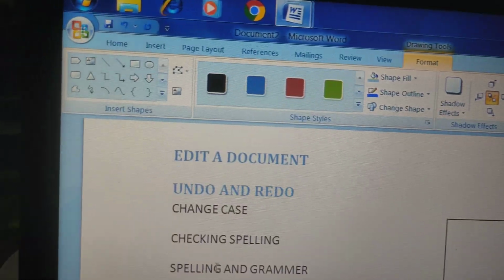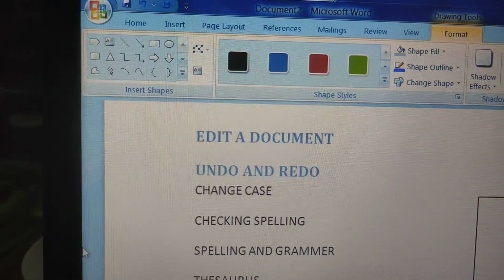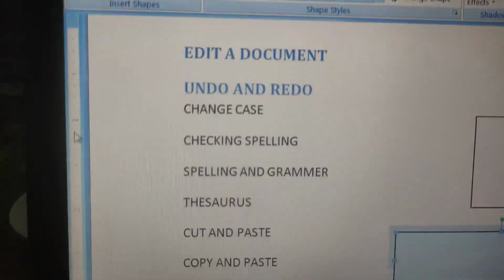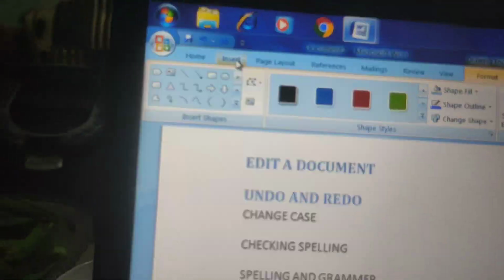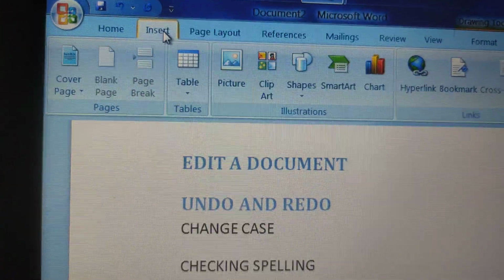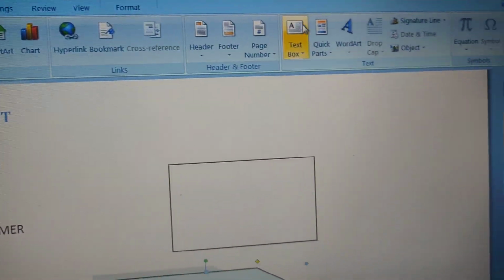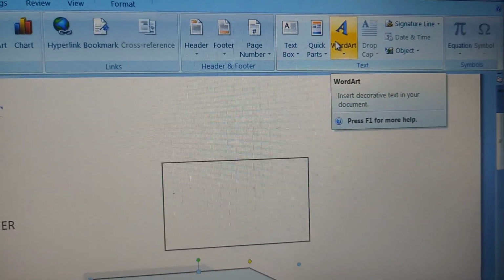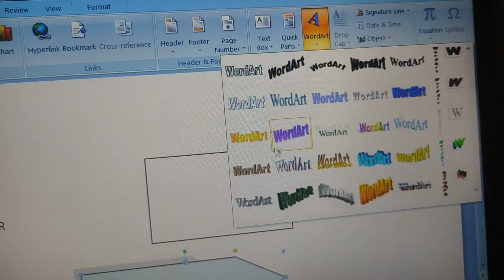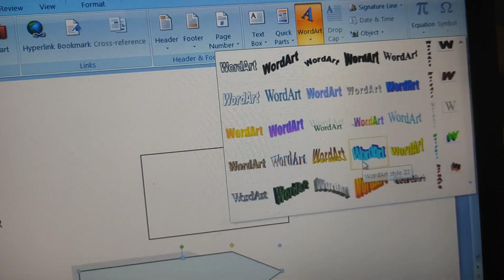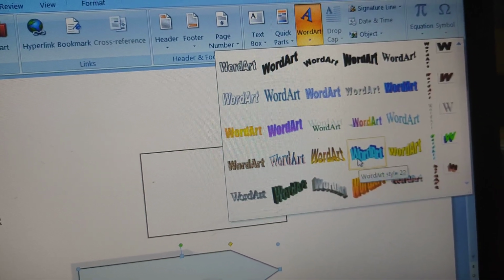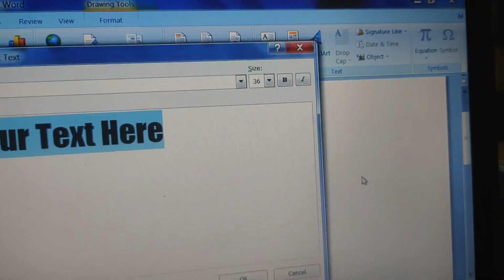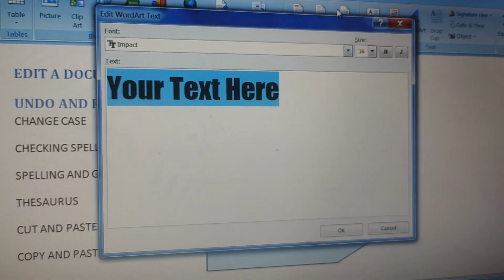Now we'll do word art. So again I am just clicking on the insert tab. Here we have the word art effect. Just click. You can see different font styles. Just take any one. So I have taken this, and this dialog box will appear.